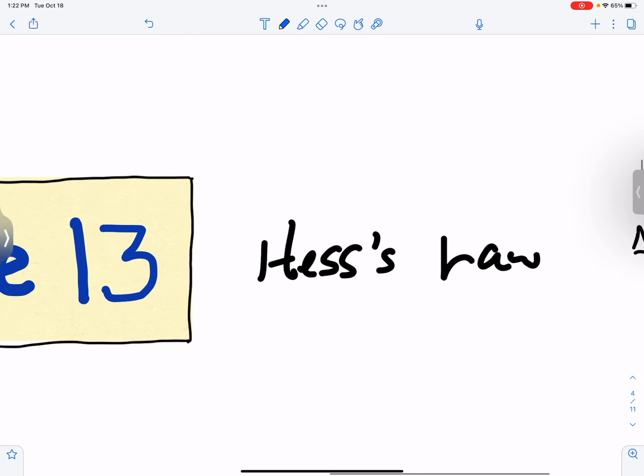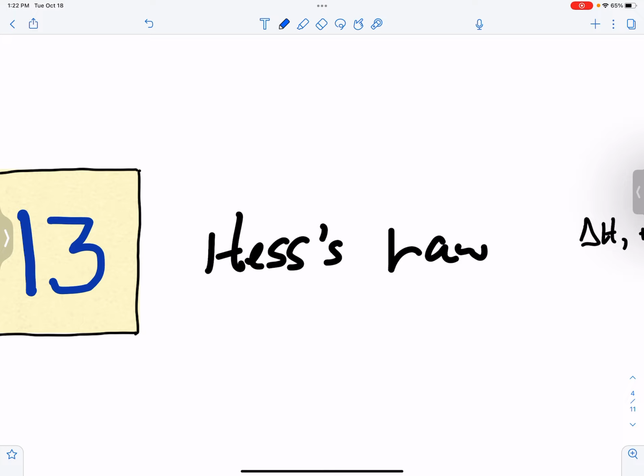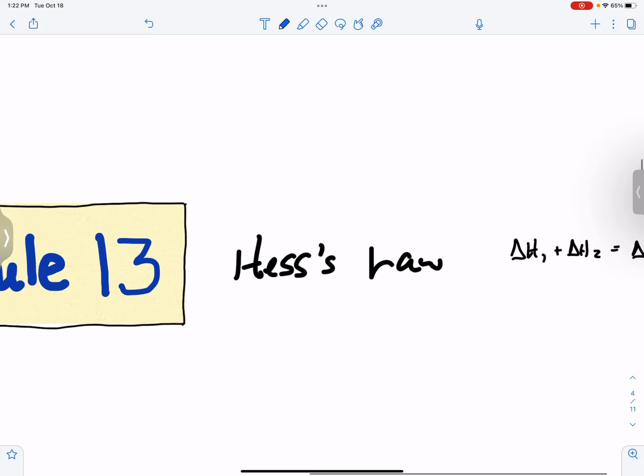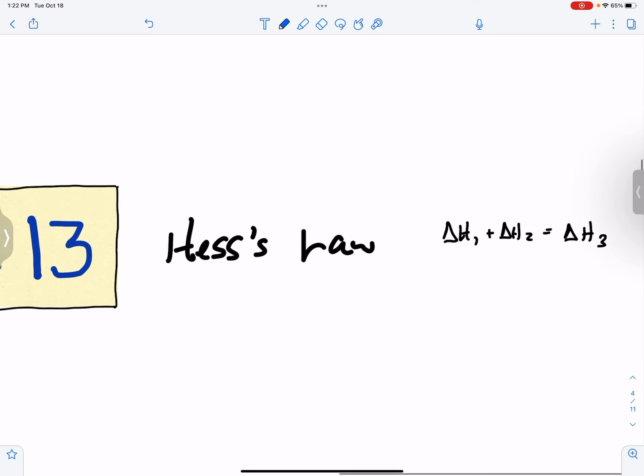And then the very last part of this module is Hess's Law. And so this is kind of like the lighter module of the week. There's only the one topic. And in Hess's Law, you end up adding up your different energies. So if you have reactions like this,